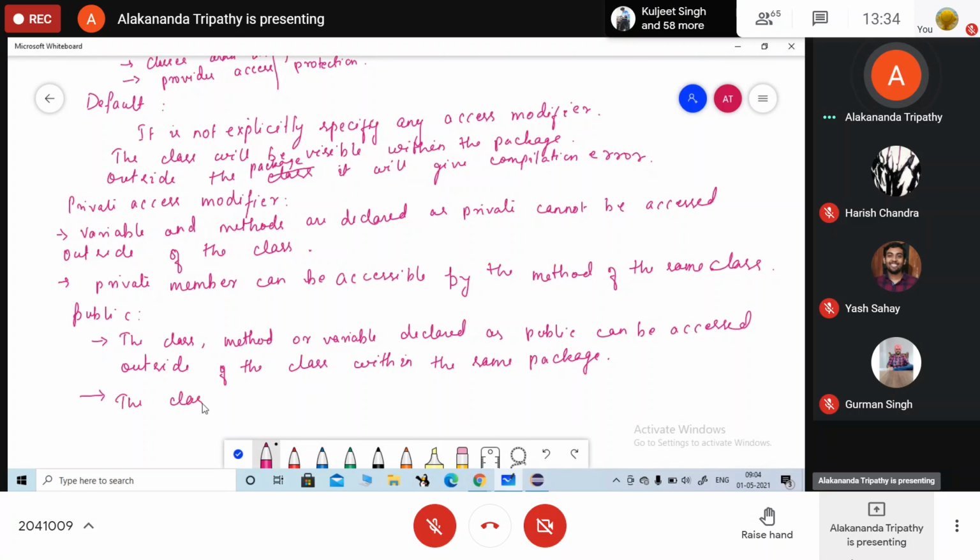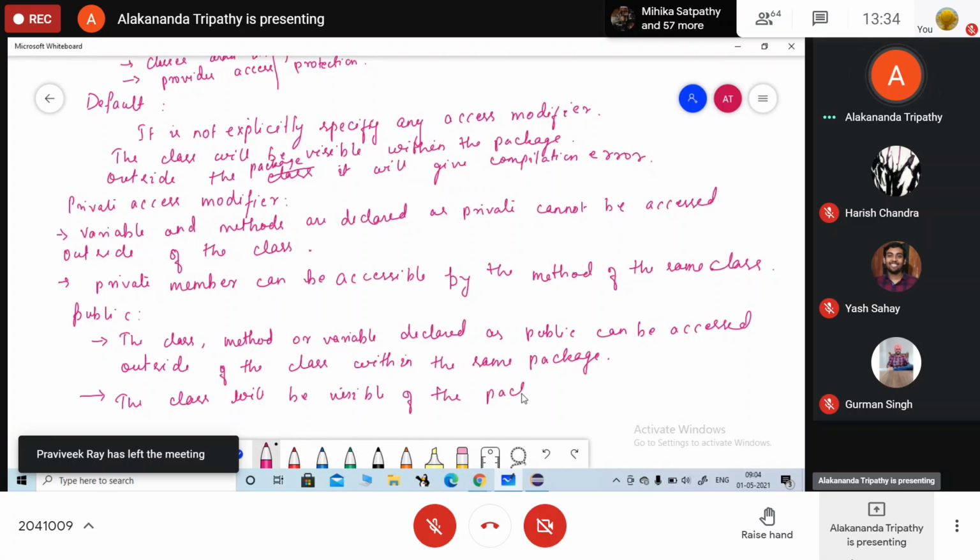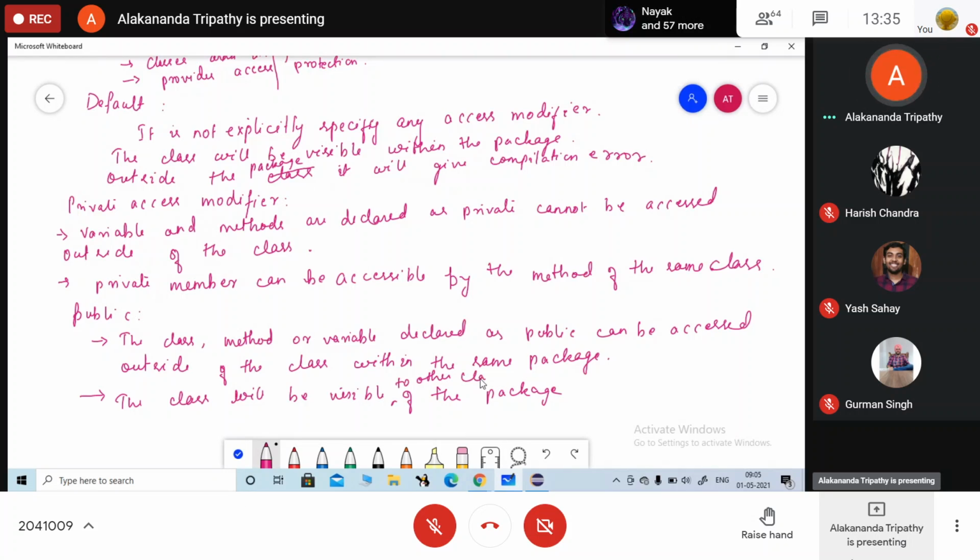And the class will be visible to other classes outside the package.